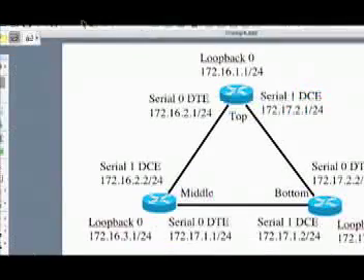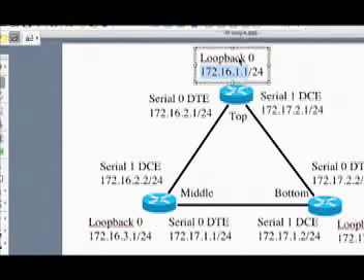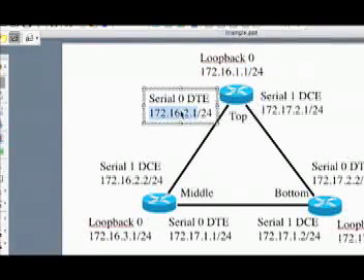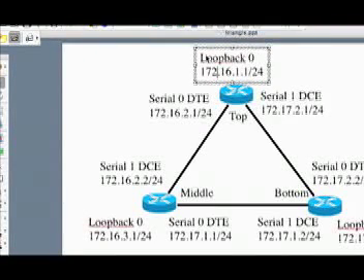So out this interface, which is in the 172.17 net, we should be advertising this subnet, and we should be advertising this subnet. But since they're in a different classful subnet, we just summarize them and advertise the whole 172.16.0.0 slash 16. Because if we sent out something like